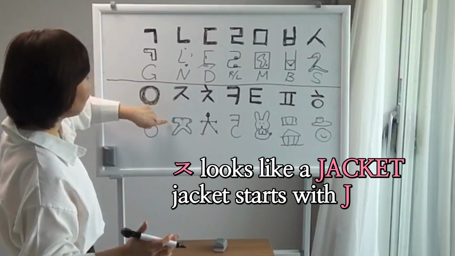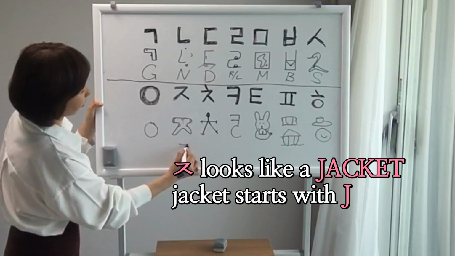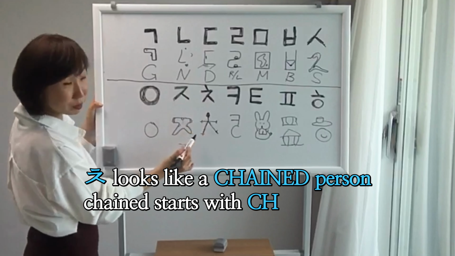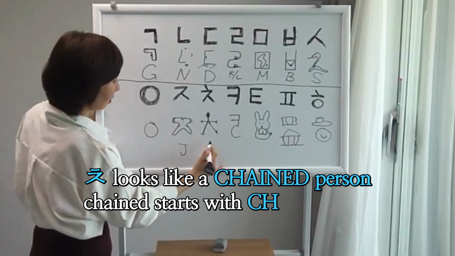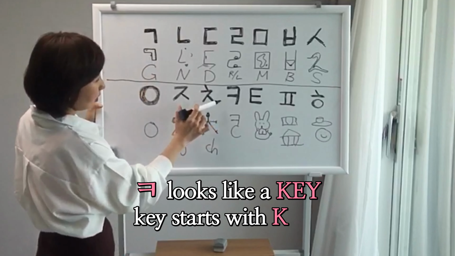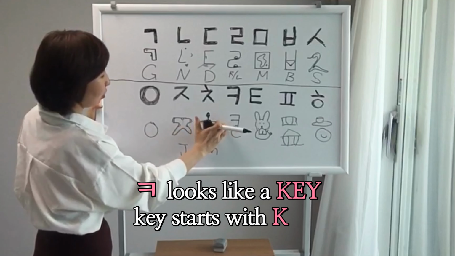And this one is, do you see a jacket? So this is J. Do you see a chained person? So this is CH sound, ch. And this, do you see a top part of an old style key? So this is K